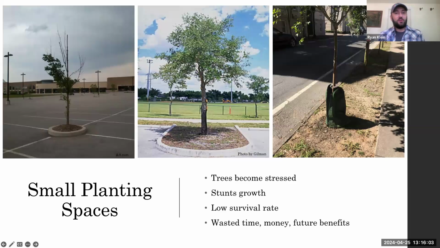All right, so here's an example of some small planting spaces. The tree is going to become stressed out, potentially stunt growth, lower survival rates. I was just in Orlando last night, and I saw some live oaks that were probably about 10, 12-inch diameter, and they were planted in these little about 3x3 cutouts, and they were starting to die back up top, similar to that image there on the left. I'm guessing they don't have much longer left because you can just tell that they're stressed out. They're in compacted soil, a small planting space area, and they're just not going to perform well long term. So it's things like that we want to avoid.